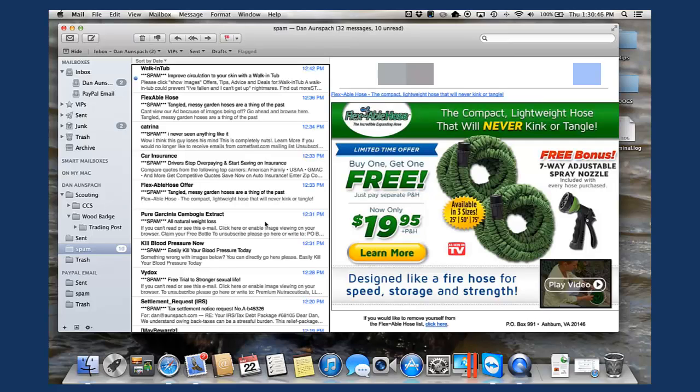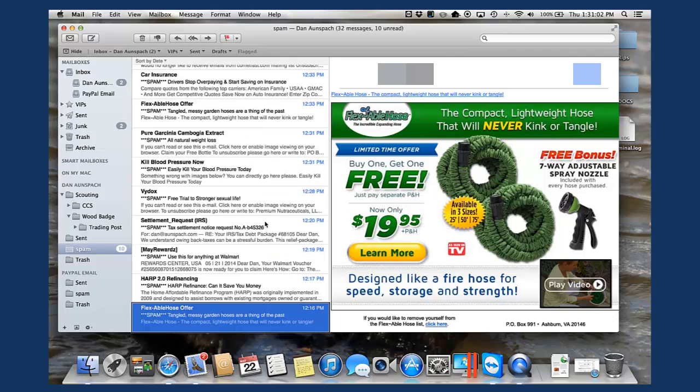VoiceOver on mail. Spam m-dan unspark left paren 3 2 messages comma. The message box, the message list box has focus. I'm going to use Shift Control Option down arrow to interact with that list. Interact with messages table, row 32 of 32. So selected. now I'm back to where I was when we first started this video. 5% off. And